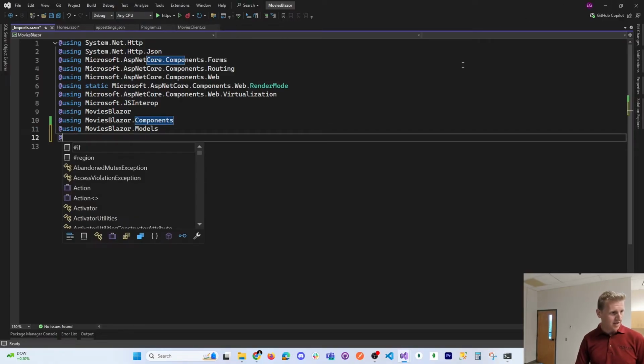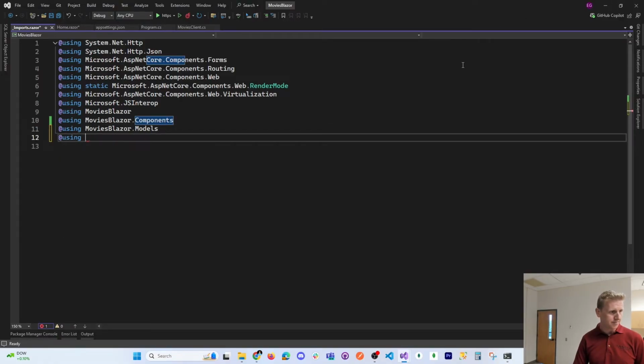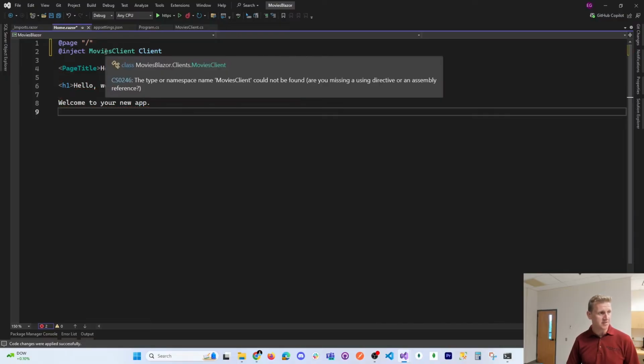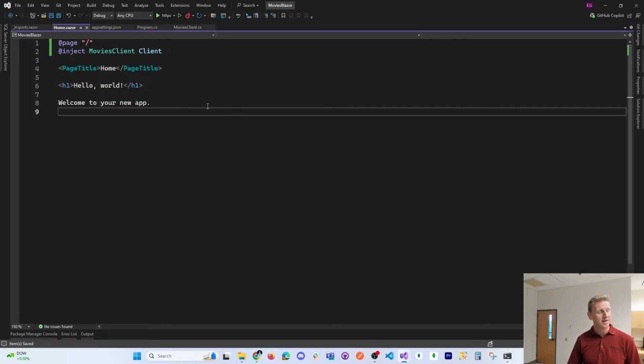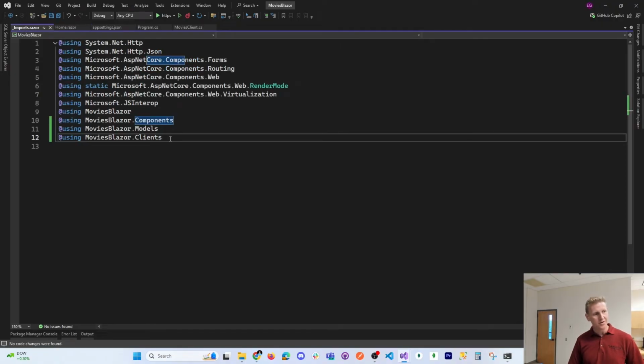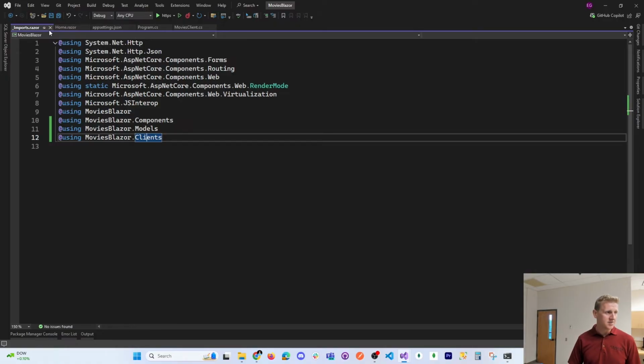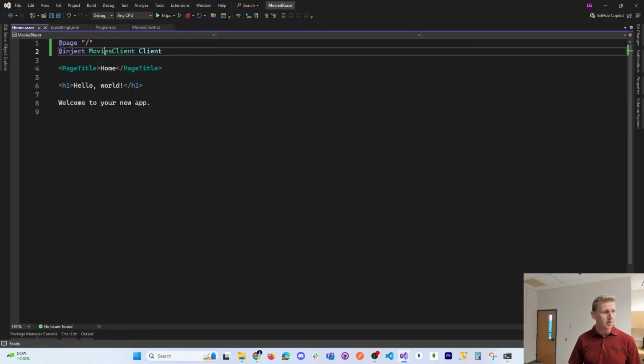So add using movies Blazor dot clients. Now it's at least a recognized type, and now that compiles through. So again, the imports.razor, you know, these are the folders that are looked for the different classes, and since that class was inside there, we just had to put that there. Now movies client